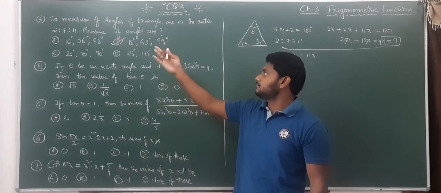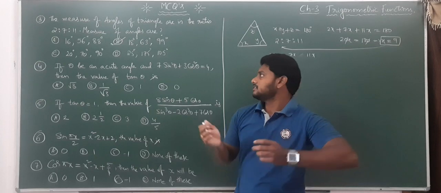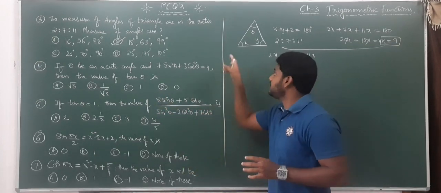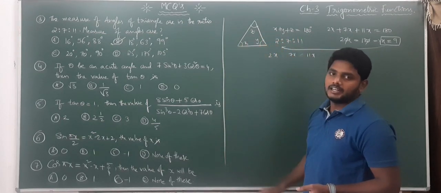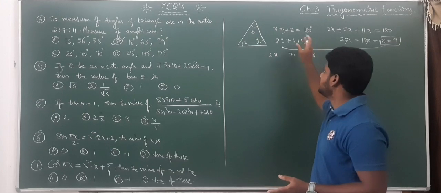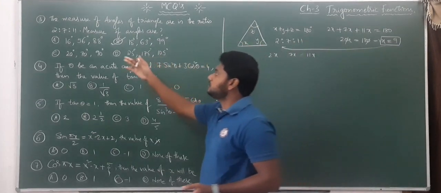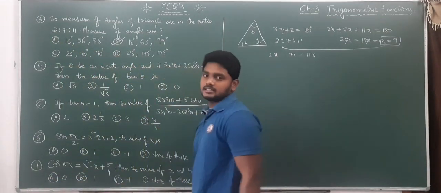Like this, if they give the measure of angles of a rectangle or square, or based on the pentagon, you need to calculate so that the sum of the angles equals the required total. Triangle means 180, rectangle, square or rhombus means 360. Like that you need to take and simplify that x value. Substitute the x value in this ratio, 2 into that x value, and you will get the required angles, right?